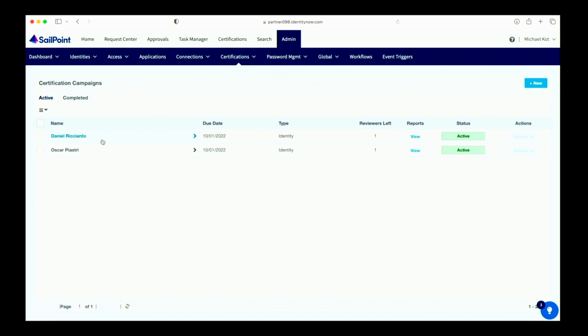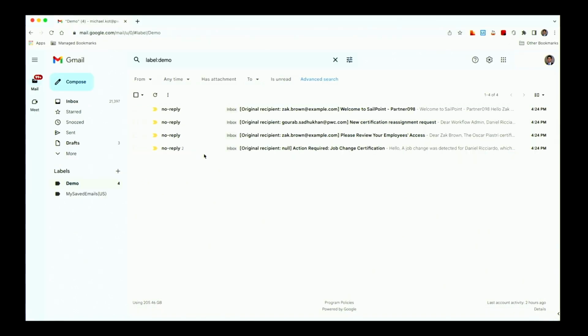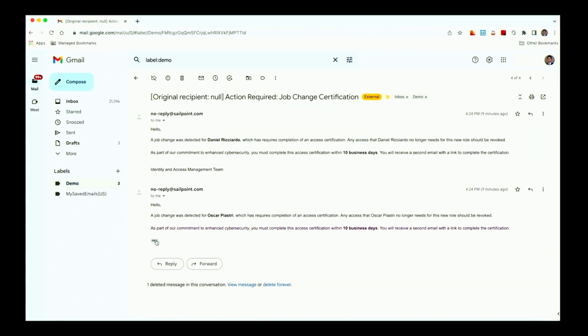as expected, we have 2 campaigns for Daniel and Oscar, and it's as simple as that, right? So this workflow has taken care of your mover certification. And then the last piece was the email, right? So we have 2 emails going out, the custom email, and you can see one for each Daniel and Oscar,